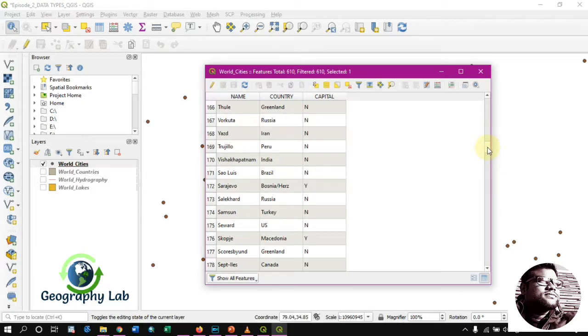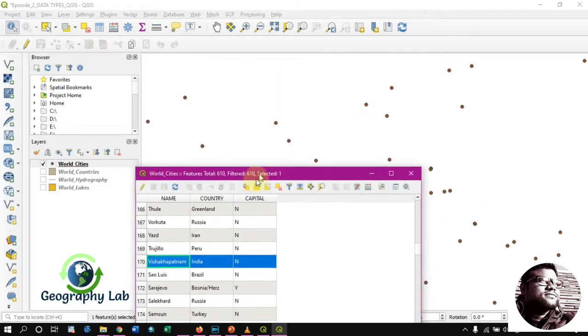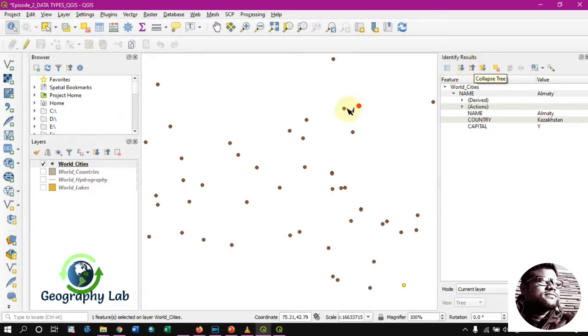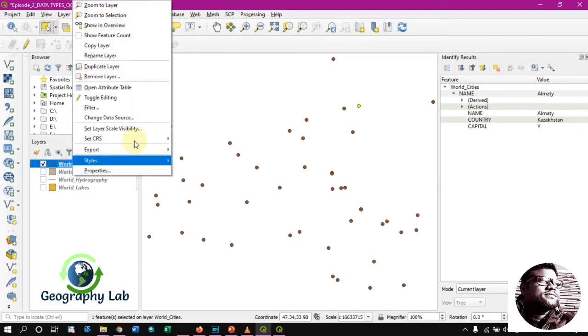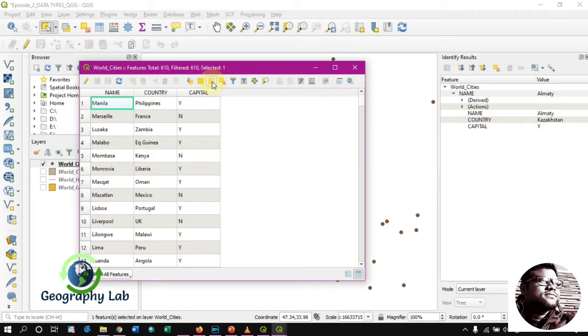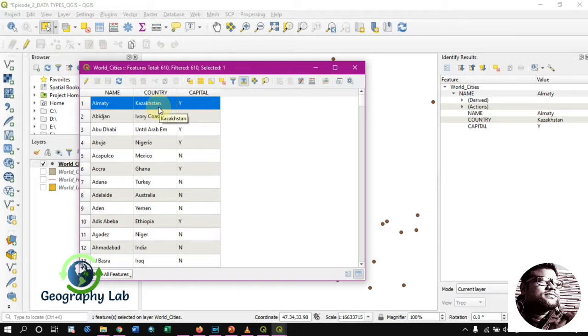For example, if I select Visakhapatnam, or if I select this city and then go to the attribute table, there is an option, move selection to the top, then it is Almaty, the city of Kazakhstan.